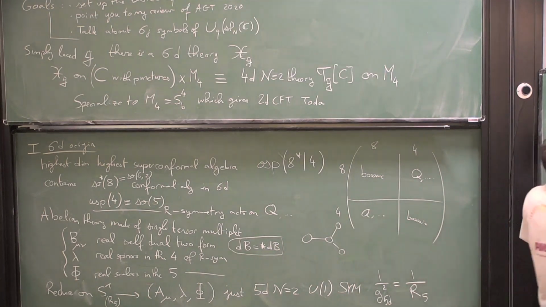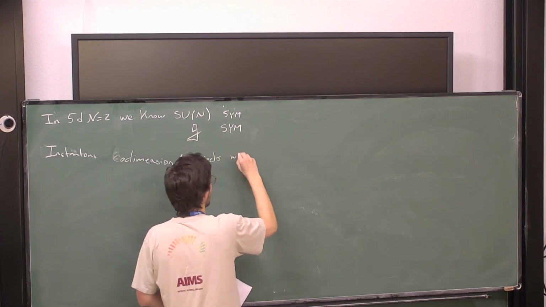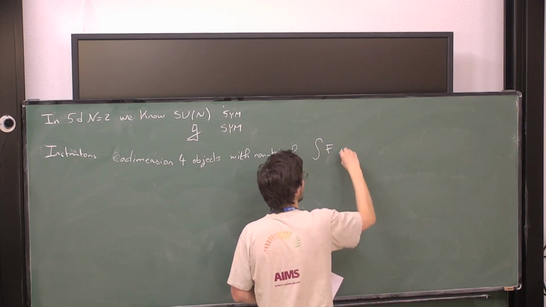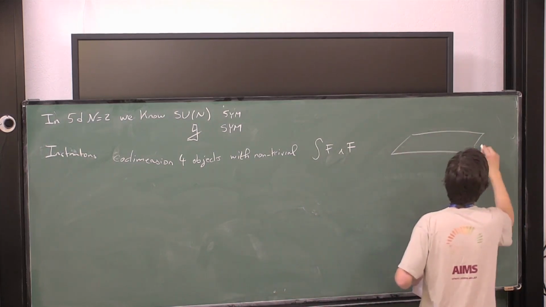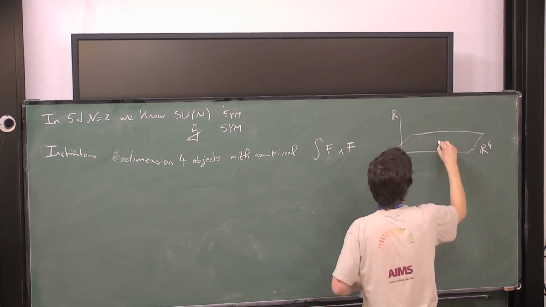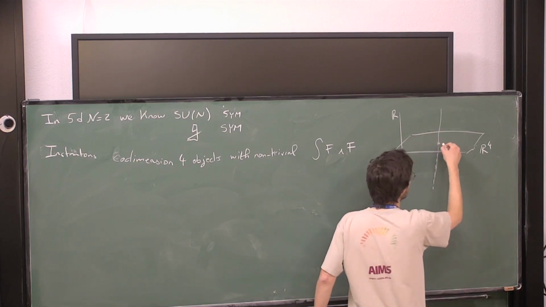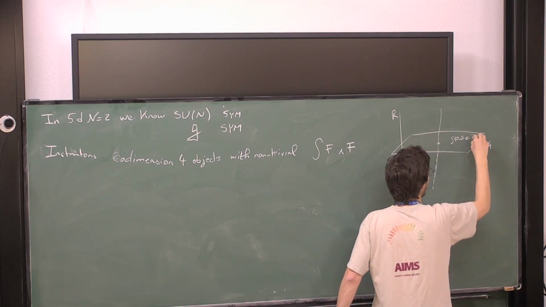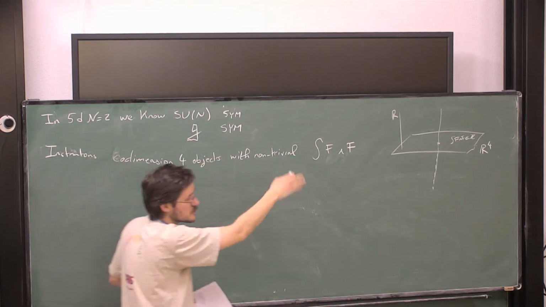which, I don't know how much I should say about instantons, but I guess these are codimension 4 objects with non-trivial integral of F wedge F. So in 5 dimensions, you can really think of them as point-like in 4 of the dimensions, but extended in the 5th direction, with, if you integrate on a given slice, F wedge F being some number. There's actually some quantization of this integral of F wedge F which I don't want to get into. But anyway, you have these instantons which in 5 dimensions are particles,